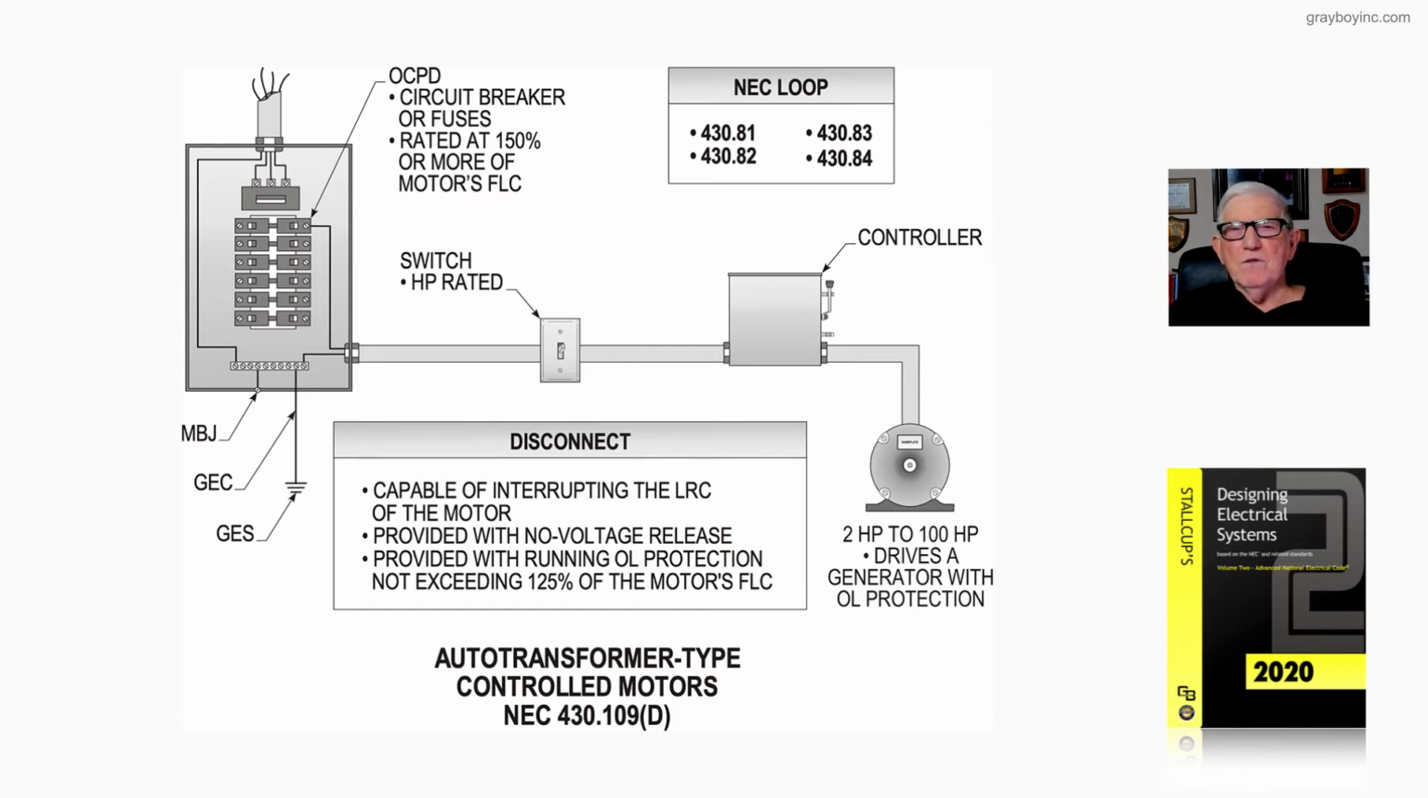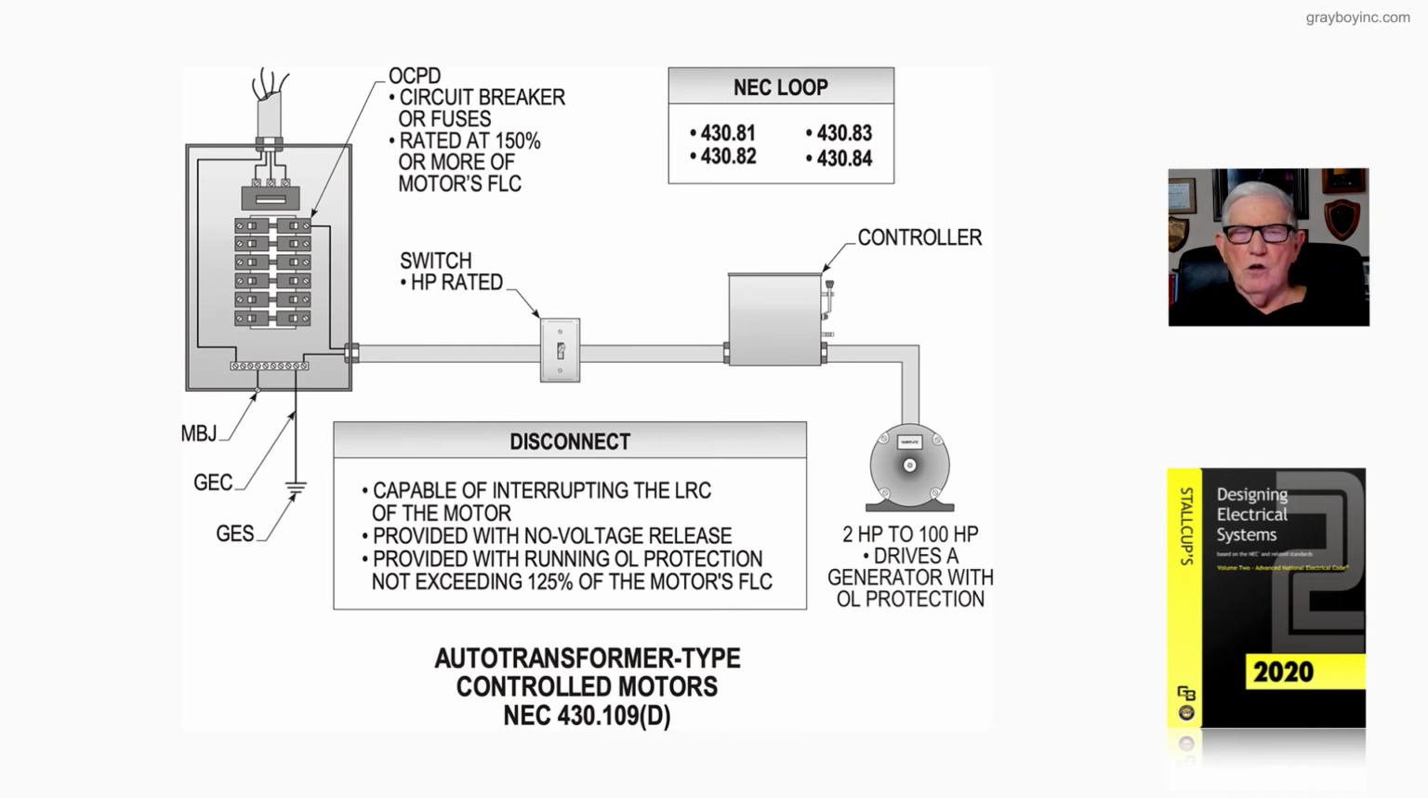Now, for more information on the controller, look at the NEC loop. Review 430.81, 430.82, and 430.83, as well as 430.84. Now, that's what we recommend for the designer to use as a loop to kind of do a case study